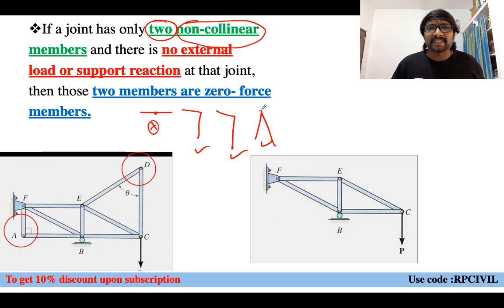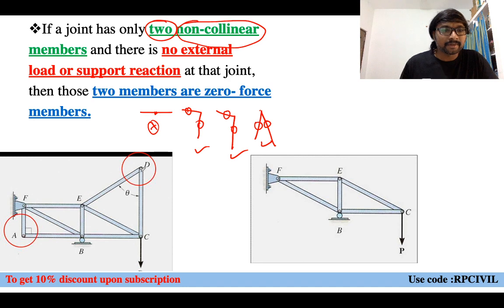So there is nothing to balance by this member. There is nothing to be balanced by this member. So what is the force they will balance? Zero force only they will balance, obviously or not? Yes. Like that. If you observe for this truss also, at a joint D, if you observe,